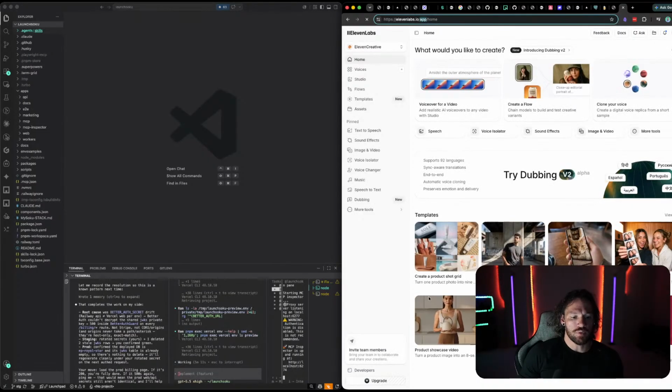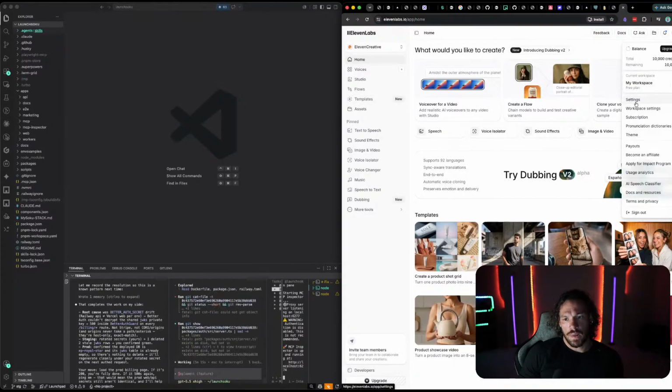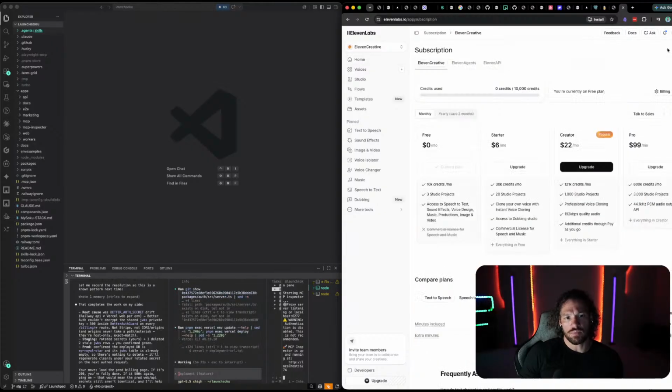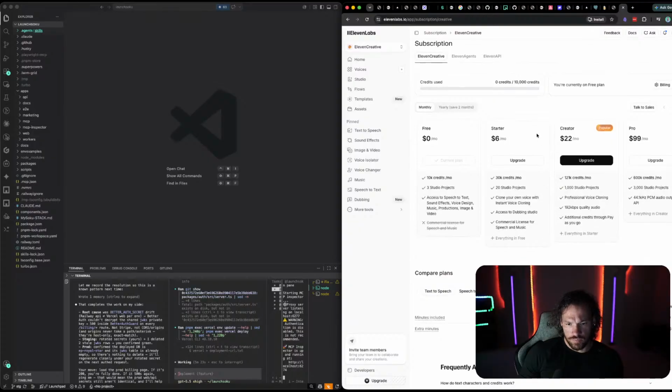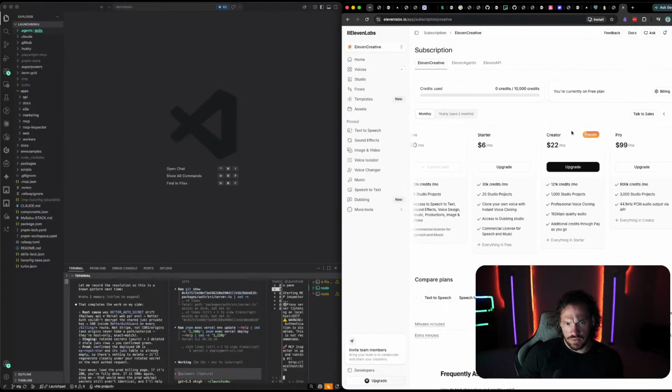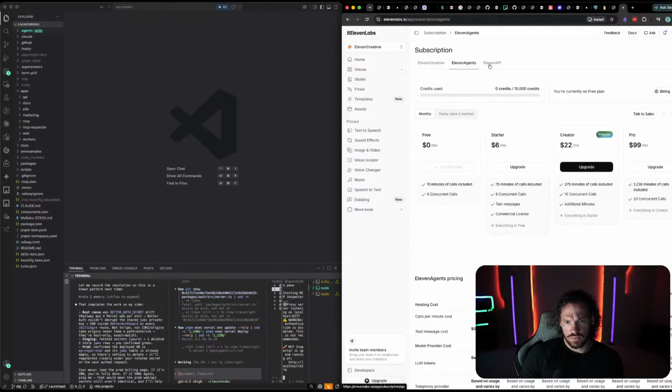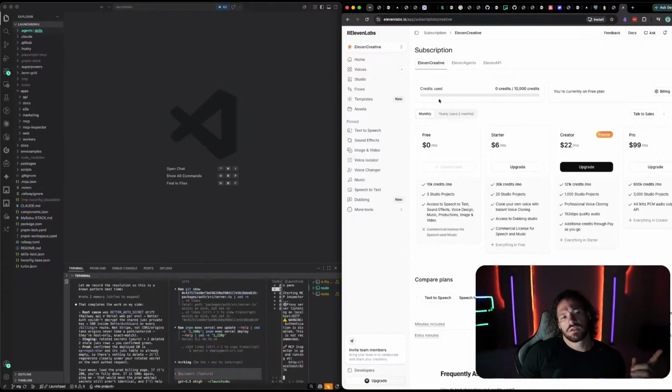So then you're in the app, and then you can go into credits and upgrade. I feel like you can buy credits. Anyways, basically, if you go to 11labs.io,